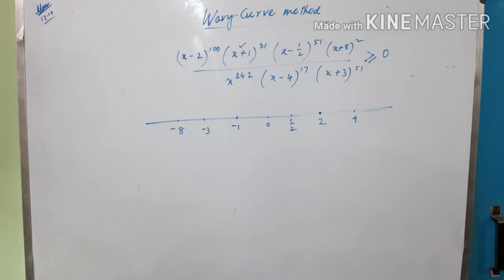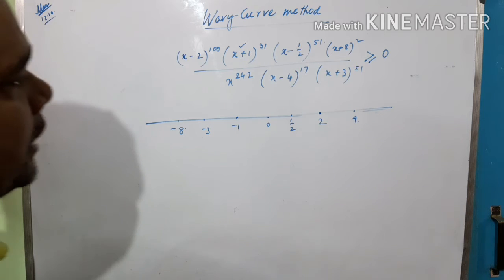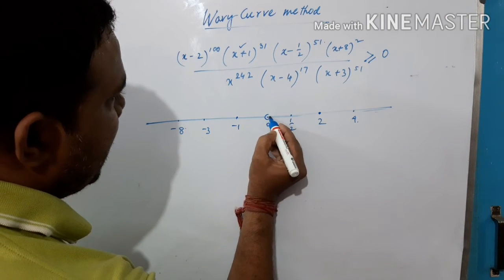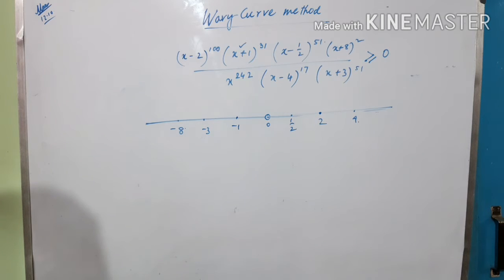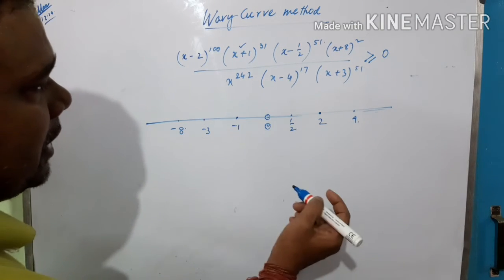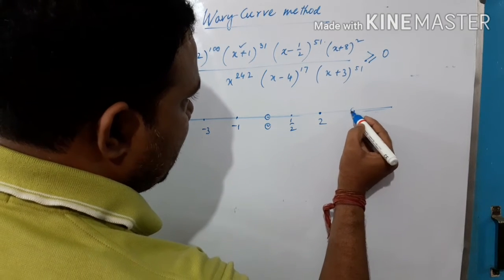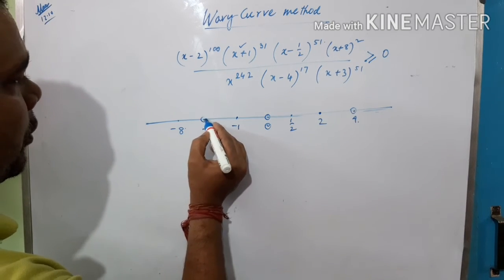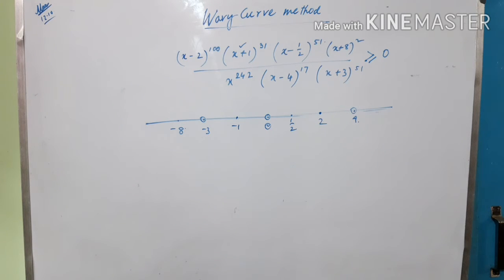Now the next step is, we know that if there is a 0 in the denominator, then the value of the expression is undefined. So x cannot assume the pole values. So who are the poles? 0. Here we are putting a blank dot. We have already seen that when x is not assuming any particular value, we put a blank dot on this particular value. So 0 is not possible, again 4 is not possible, and minus 3 is not possible. So what is the next step? Put a blank dot on the poles of the expression.